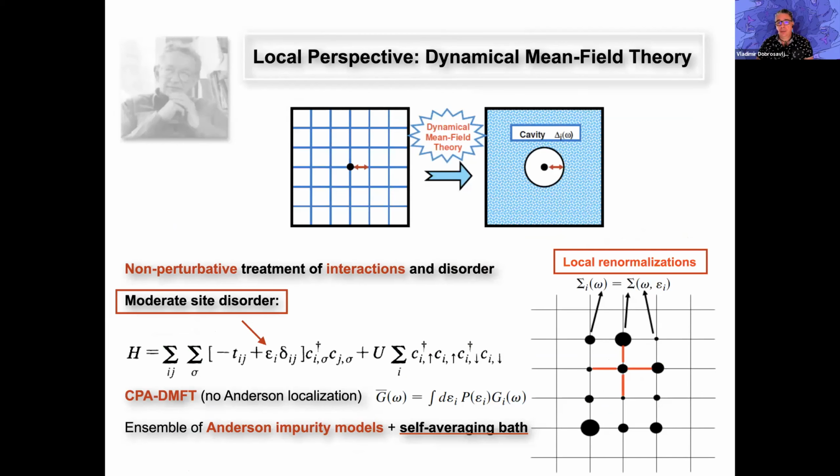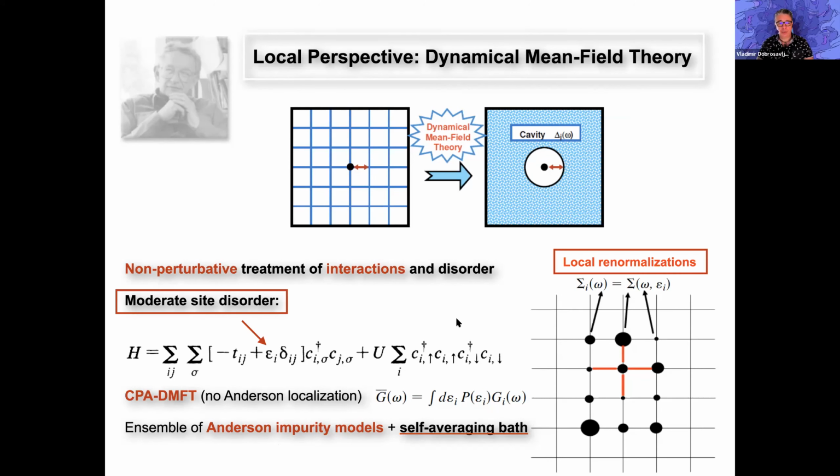So the theoretical approach that we'll be using here, and also testing in comparison to experiments, is dynamical mean field theory. We heard a lot in this group about dynamical mean field theory, so I will not elaborate much. Here's the single band Hubbard model, and most of the results are obtained in the simplest so-called CPA approximation. You compute some physical properties on a given site, which depend on the site energy in a random system, and then you perform an averaging, which gives you a description of the environment of a given site, which in this approximation is taken to be the same for every site.